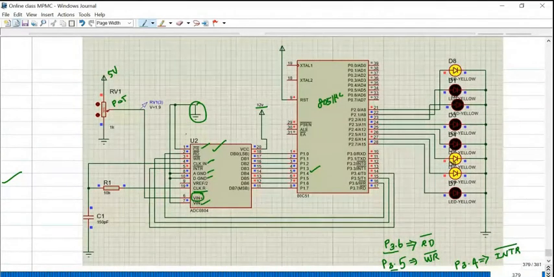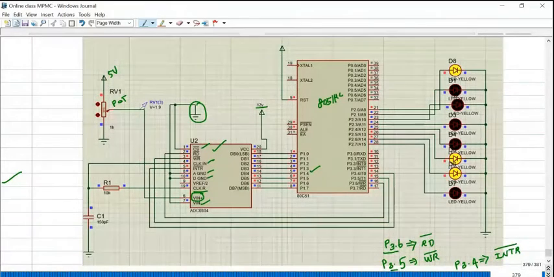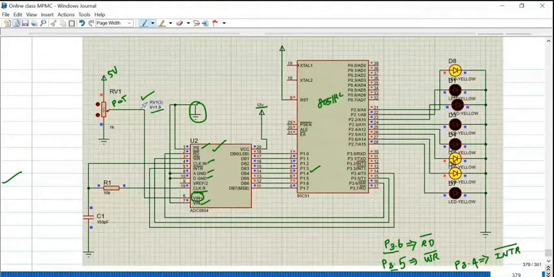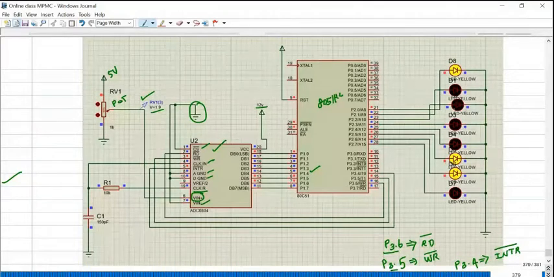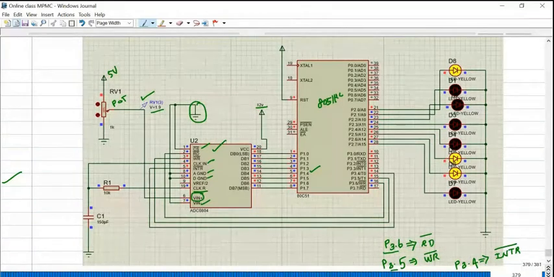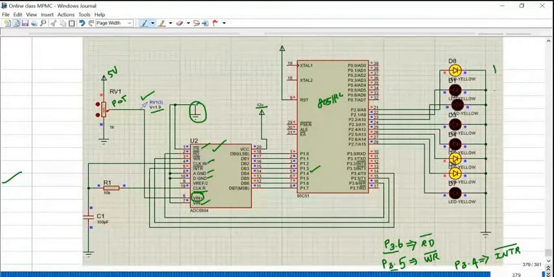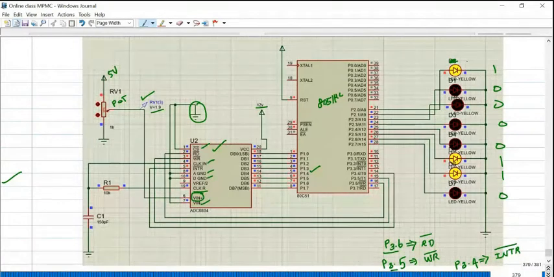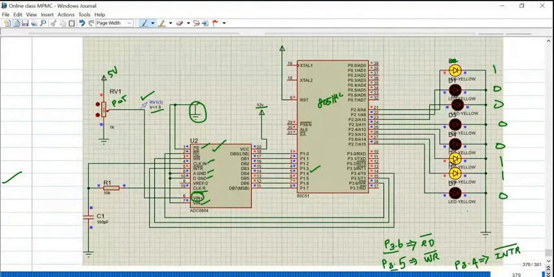If you want to measure the voltage available at the output of the pot, you may connect a voltage probe. For example, in this example, I connected 1.9 volt. So the corresponding binary output is 1 0 0 0 0 1 1 0. This is the LSB, and this one is the most significant bit.